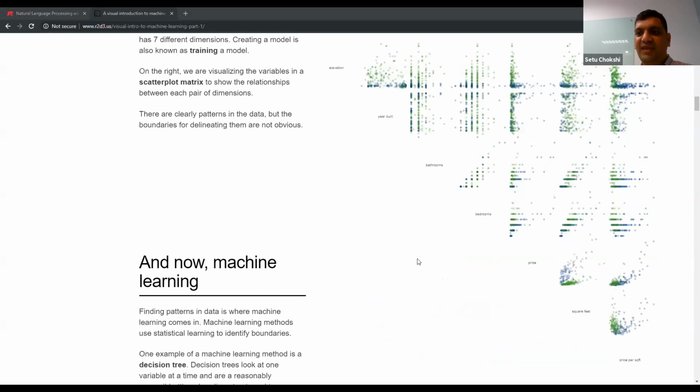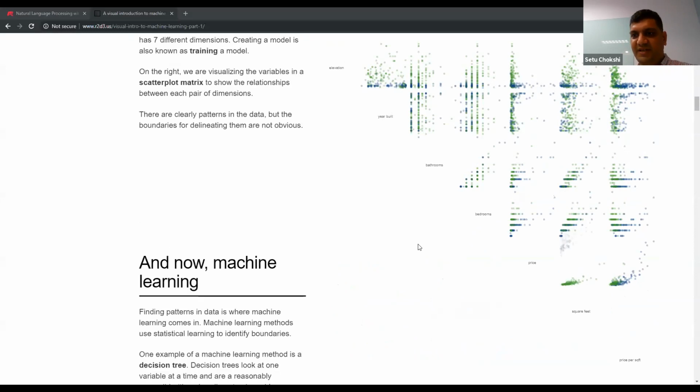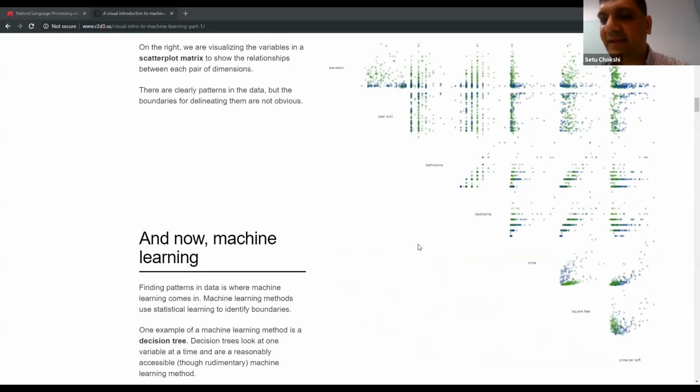But let's see, do you see any other similar techniques or data that show a similar structure as well? What we typically do in your machine learning model is we created a chart which was elevation, which is my topmost row, and my price per square foot, which is my last column, right? The chart that we drew was in the top right corner of my scatter plot matrix, right? Do you see any other chart that looks almost similar to price per square foot and elevation? Post your answers on Slack.